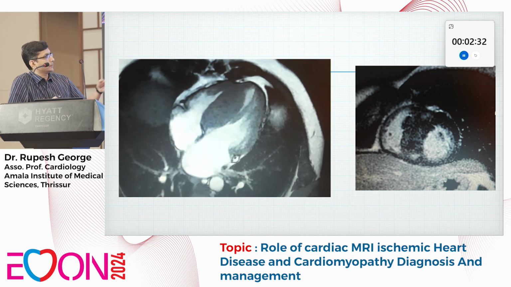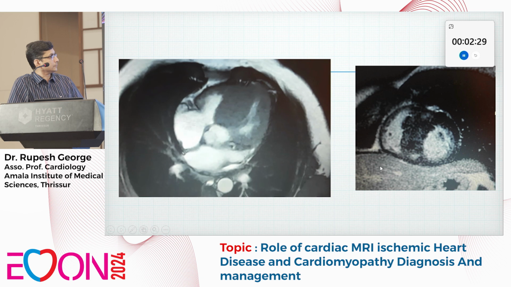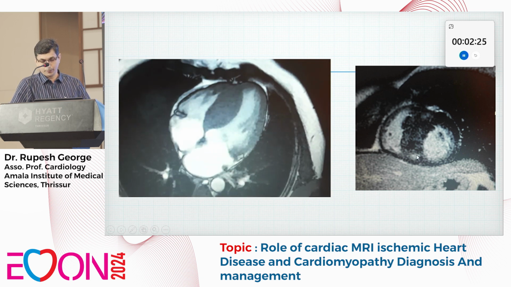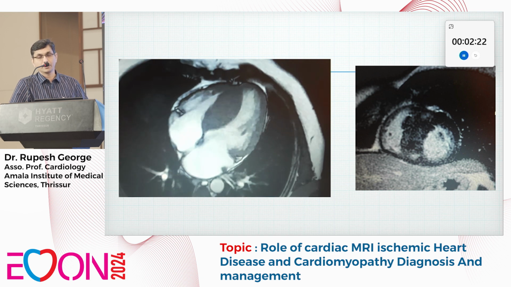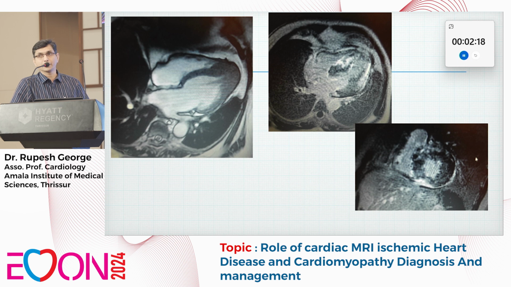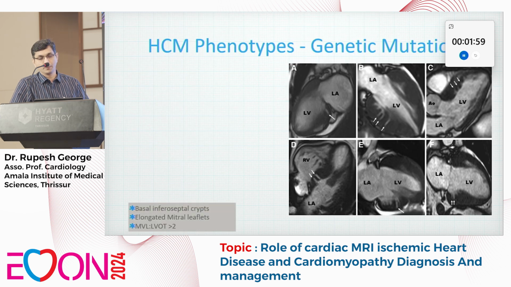And in the right-hand image, we can see LGE enhancements at the insertion points. So a high-risk hypertrophic cardiomyopathy patient needs further evaluation and treatment like surgical myectomy and ICD implantation. This is another image of hypertrophic cardiomyopathy where the hypertrophy is more in the apical region, and the images are showing